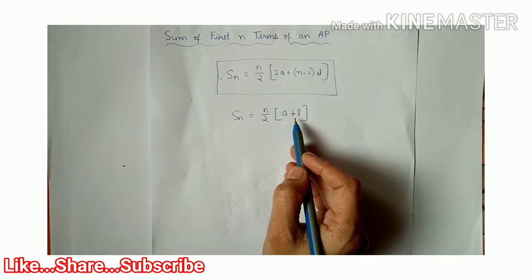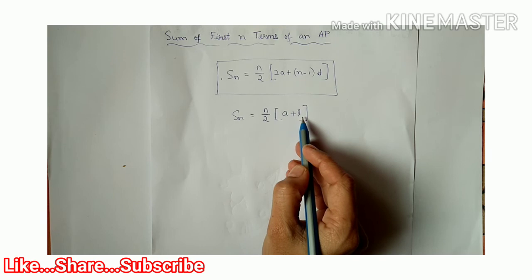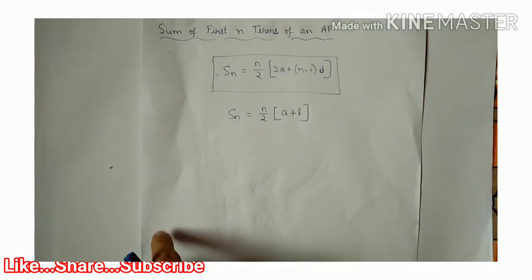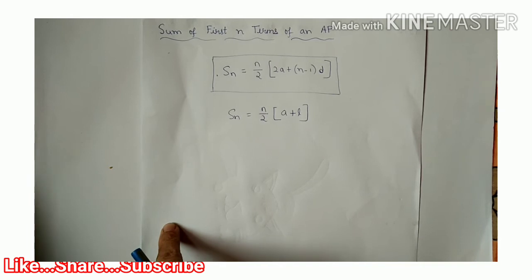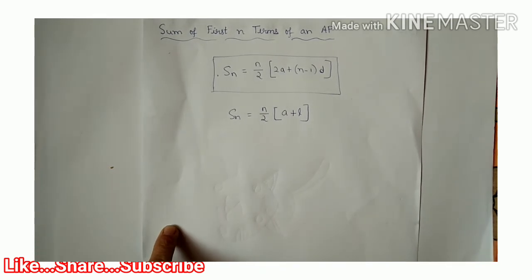If there are only n terms in an AP, then an = l, the last term. The nth term of the AP is equal to l, the last term. The formula for the sum of the first n terms of an AP involves four quantities: S, a, d and n. If we know three of them, we can find the fourth.